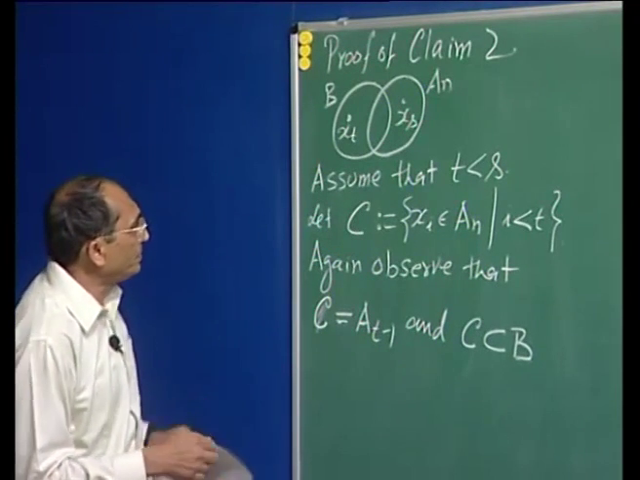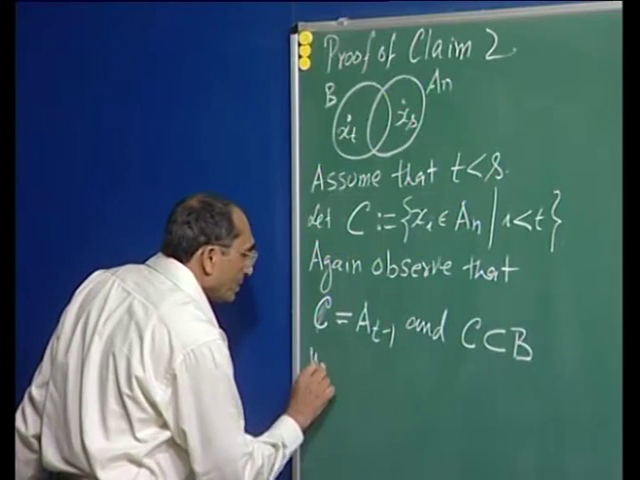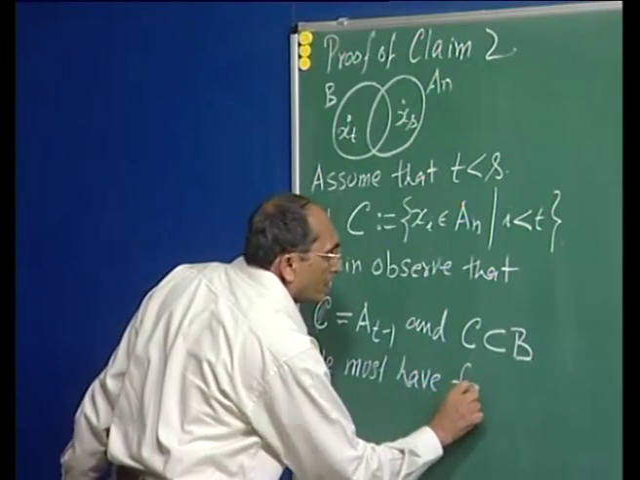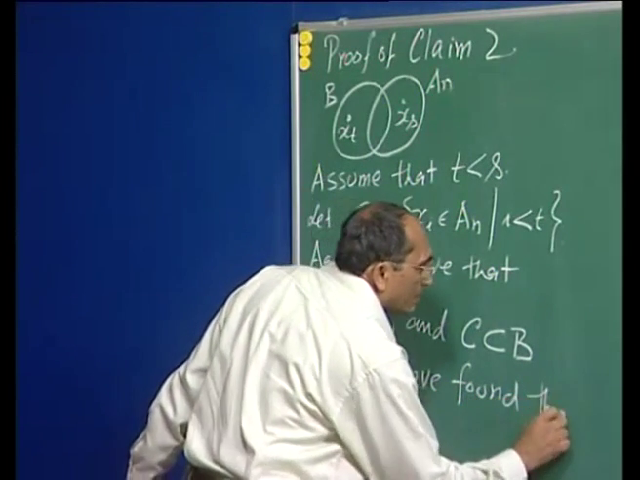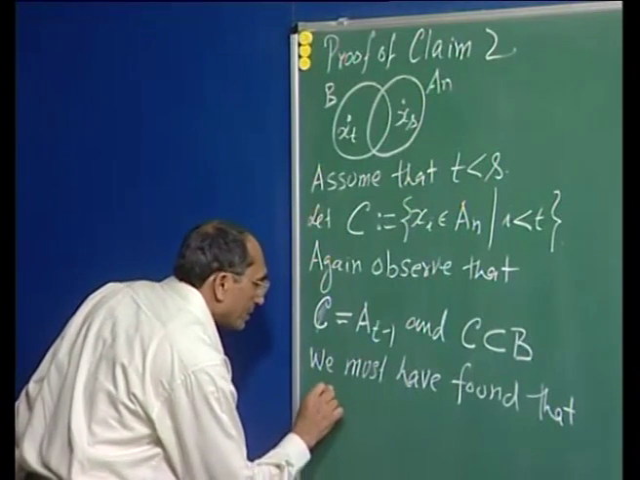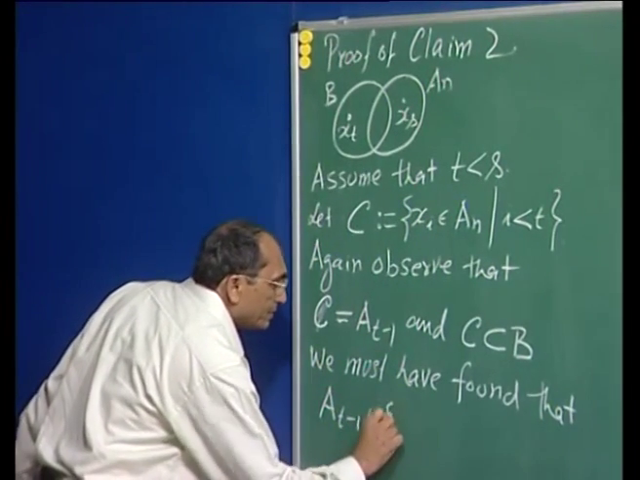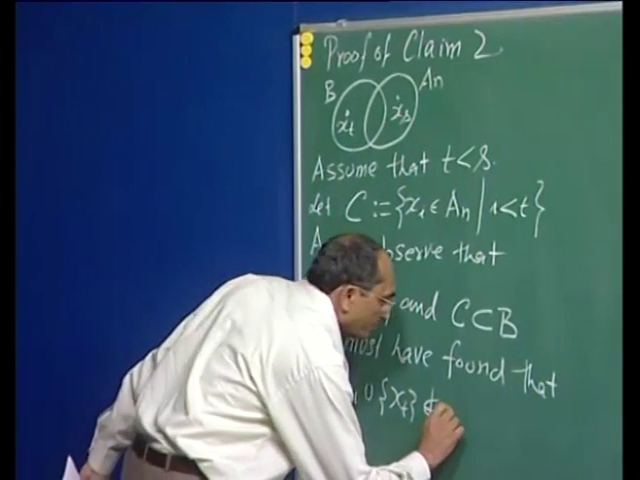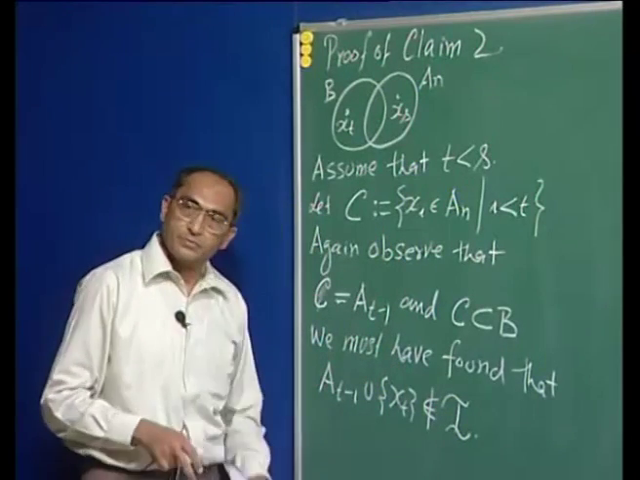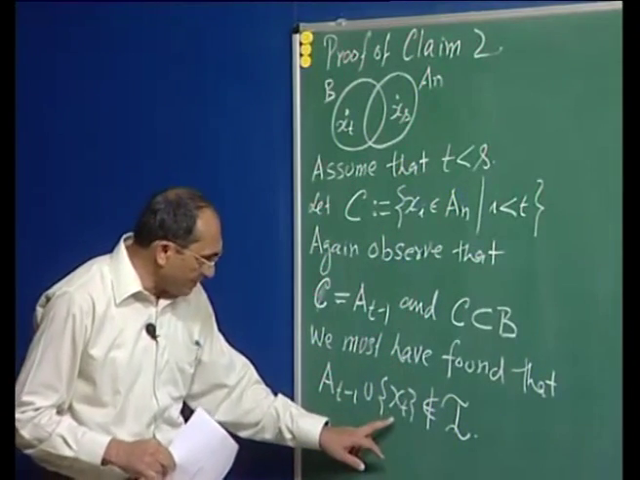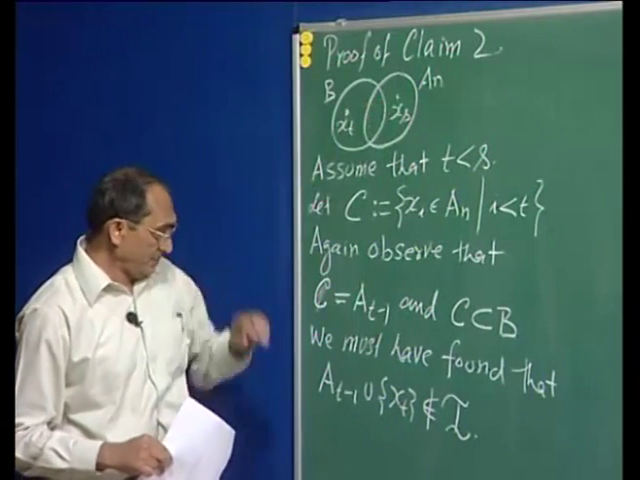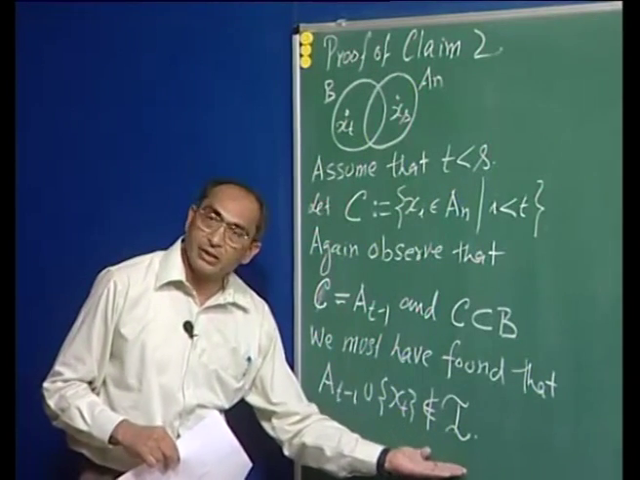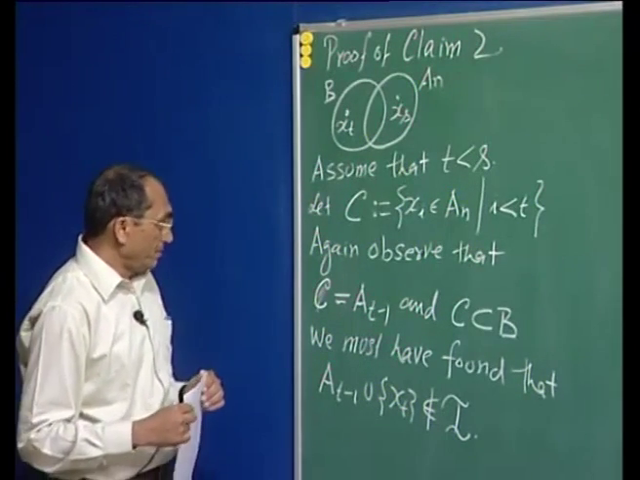Now, we must have found that A t minus 1 union x t does not belong to I, because we rejected x t from A n. So, at this stage we must have found that this union is not in I, but